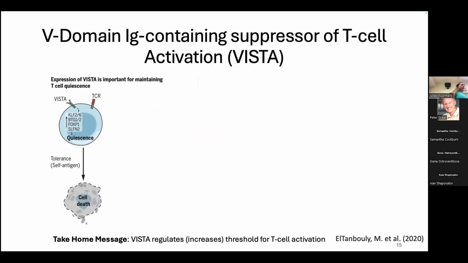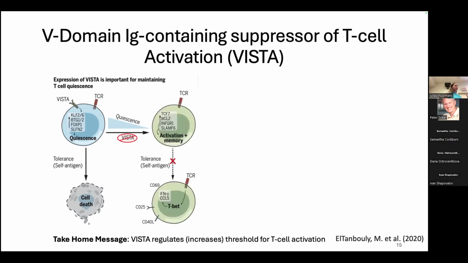Okay, and what else do we know about VISTA? Well, we also know that VISTA is very important on T cells for maintaining a high threshold for T cell activation, ensuring that within our system, we maintain tolerance to self-antigens. There is a mouse model that was done recently in 2020, where they found that when VISTA was knocked out, the mice shifted from a more self-tolerant phenotype to a loss of tolerance and very autoimmune-like features. Many of the mice end up developing lupus and other autoimmune diseases.